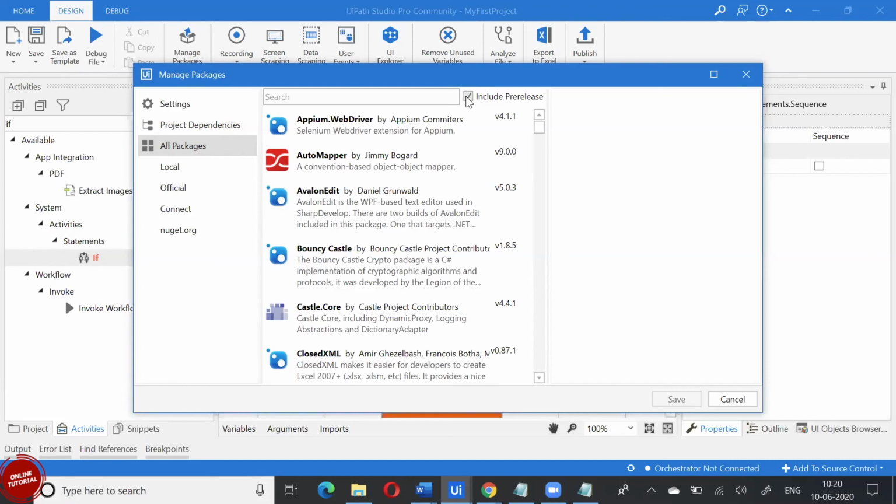Like it can happen in any software. You might have what they call a bug. They call it a bounty program. Suppose you identify a bug in the system, they give you rewards. In the same way, if they have missed something, it creates a problem for us when we're using it. If you don't want a pre-release version, you can uncheck this. So whatever is completely in a stable version, only that will come to you. Okay. If you don't want issues because of somebody's partial programming, you can ignore it here.